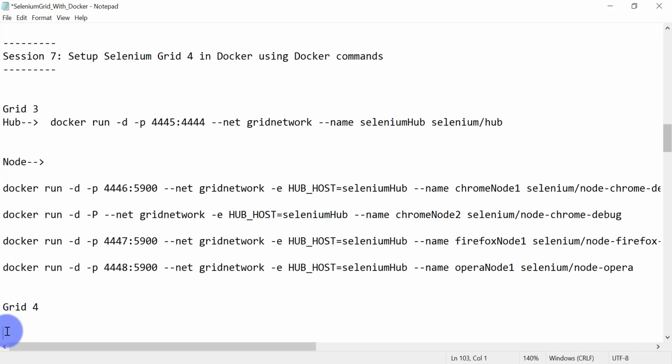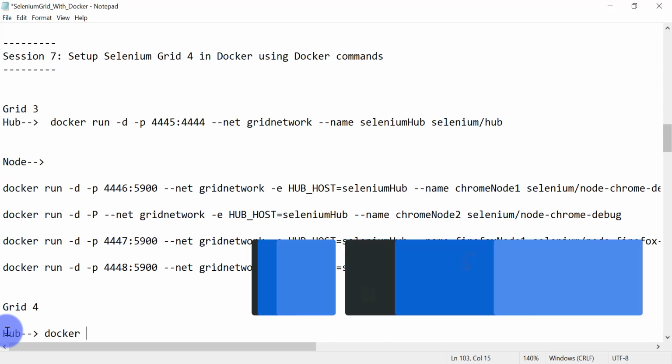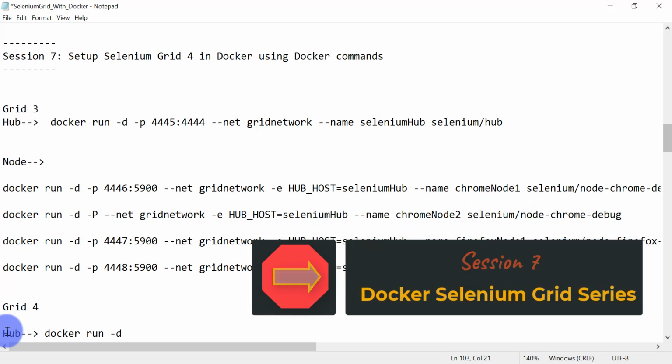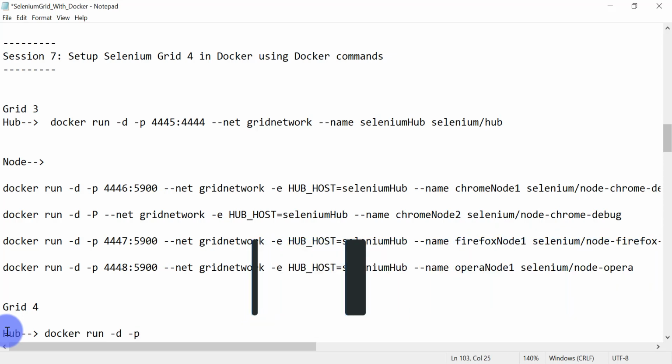First, let's write the Docker command for creating the container for Selenium Hub. Docker run -d means this process should run in background, then -p. Here what we are doing is port mapping.